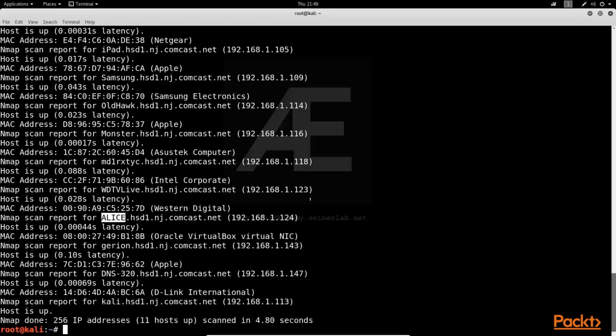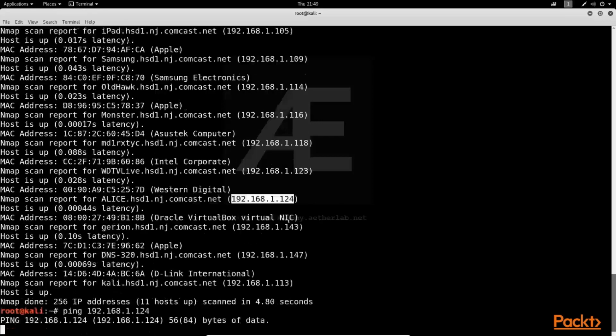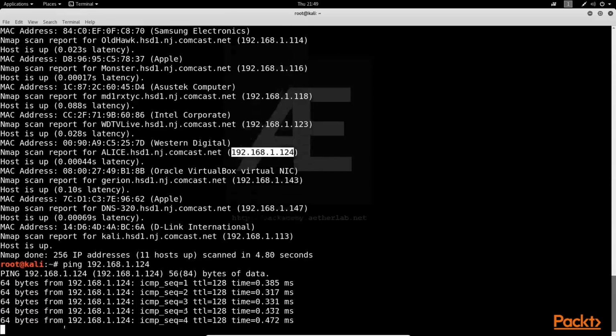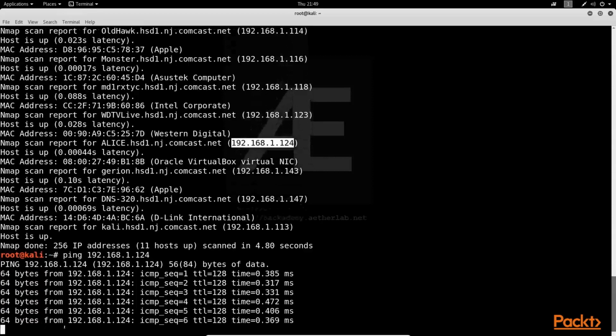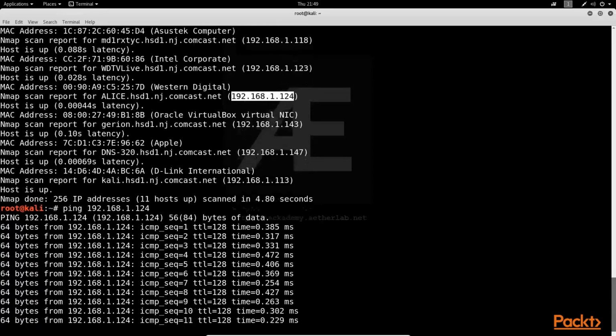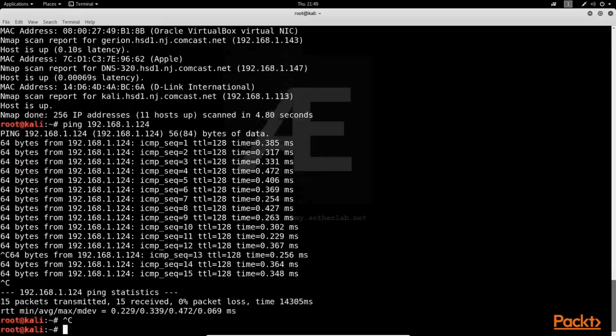And of course, I don't want to test our TV at the moment. I will ping that IP just to make sure that it really does work. And as you can see, we are receiving the ping responses back, which tells us that this machine is running. So now we got to the point when we can scan this specific IP, and let's start with the basic,